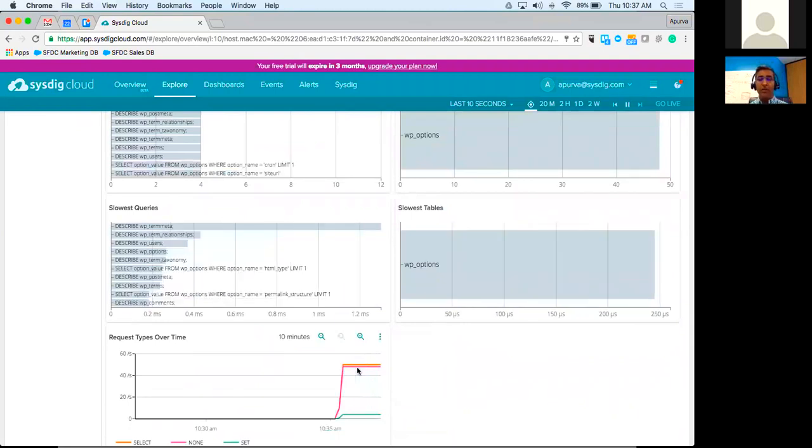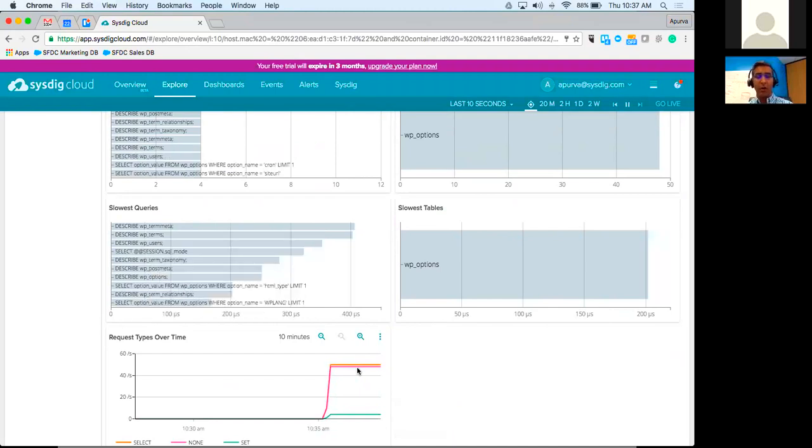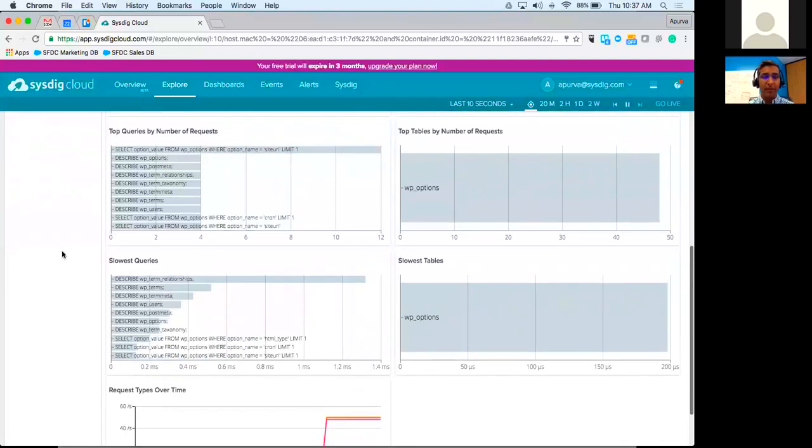So we're giving you the ability with your simple single instrumentation command to not only see the host, not only see the containers, but also see the applications running inside the containers, and metrics that are critical for each and every one of those apps. So much like we're looking at slowest queries here for MySQL, we could look at relevant response codes and error codes for your HTTP service, and so on and so forth. And I'll show you a little bit more of that in the more complicated environment.